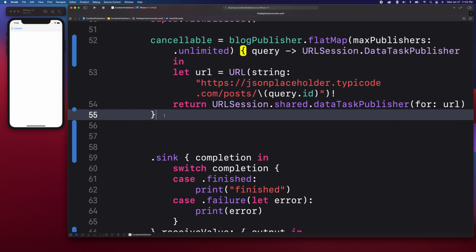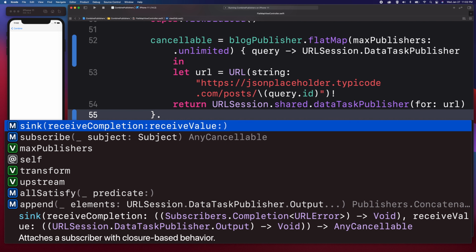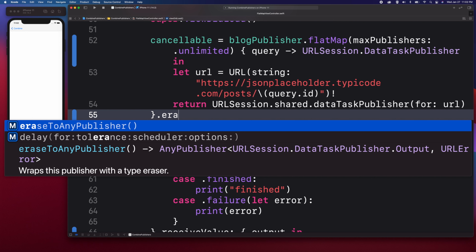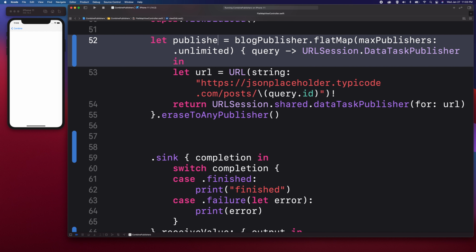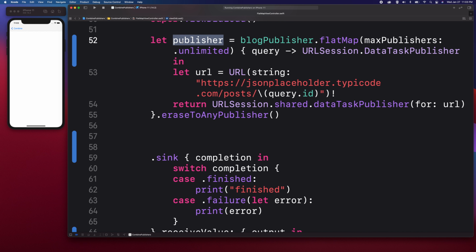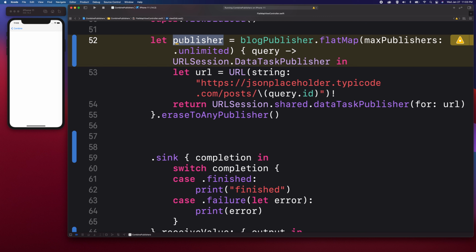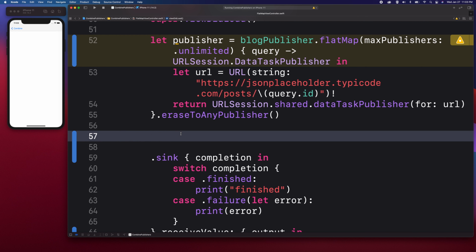And I'm going to return this as another publisher, and I'm going to use the eraseToAnyPublisher, which will return the instance of a DataTaskPublisher, and we're going to set this to another variable, and I'm going to call this publisher. So now we have a publisher that we could use and subscribe to, so that we could receive query results from the remote server. And here I'm going to use it,